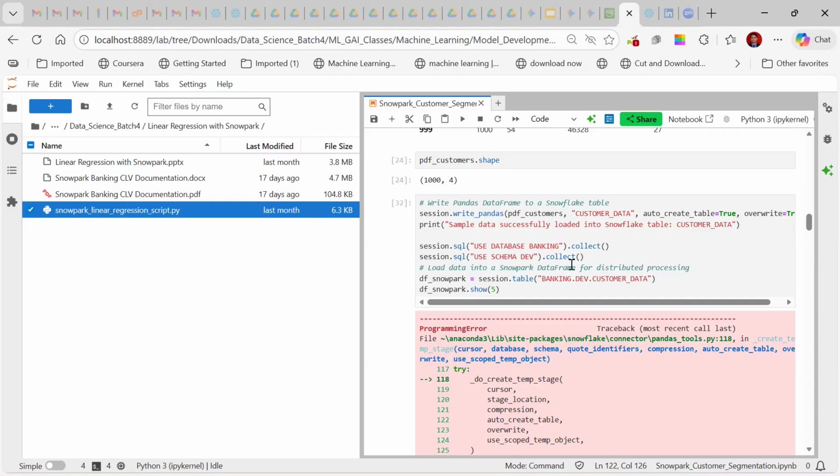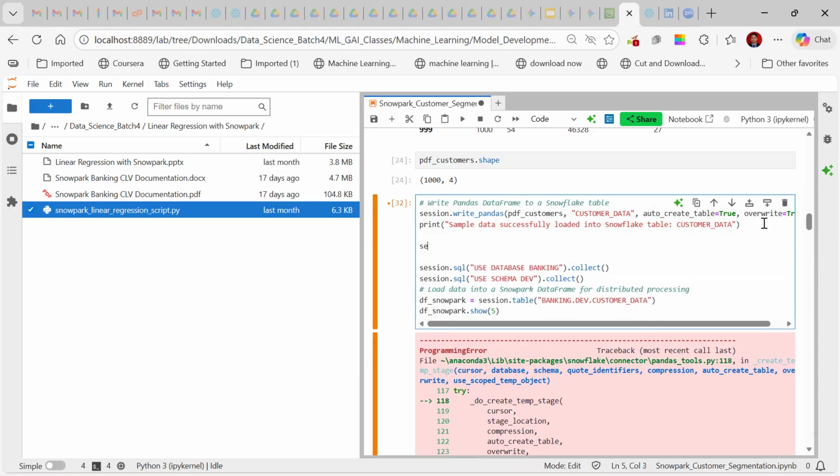Maybe instead of write pandas, you can convert that into session dot create data frame, right? Let me try that. Yeah, in that first line. We'll do Snowpark data frame equal to session dot create underscore data frame.